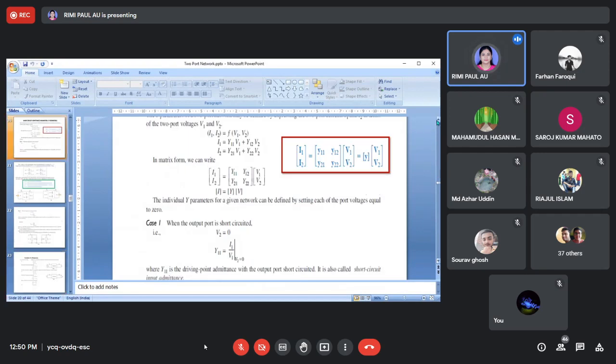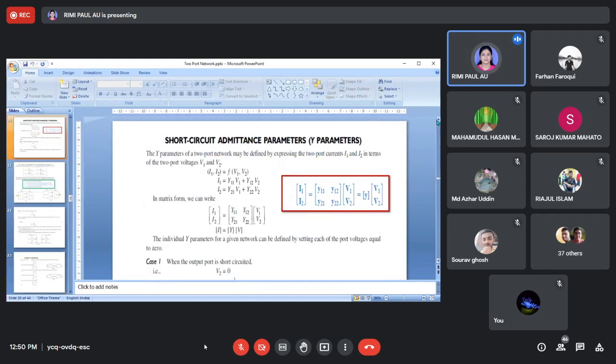Now we have already said that open circuit impedance. And next, if we take the reciprocal of the impedance parameter, as we did in the one port network, where we saw that 1 by Z gives the admittance, right? So the admittance parameter is also known as the Y parameter. So how do we find the Y parameter?